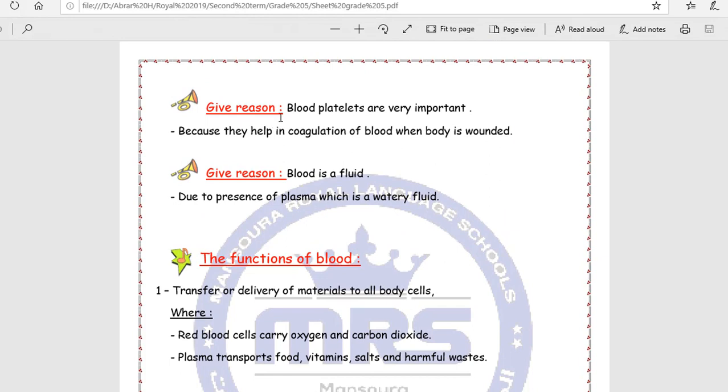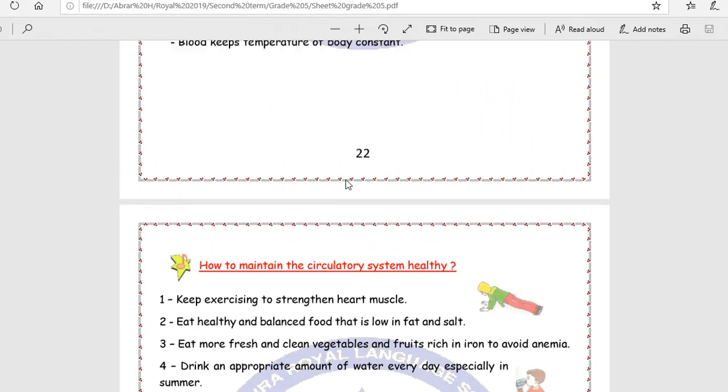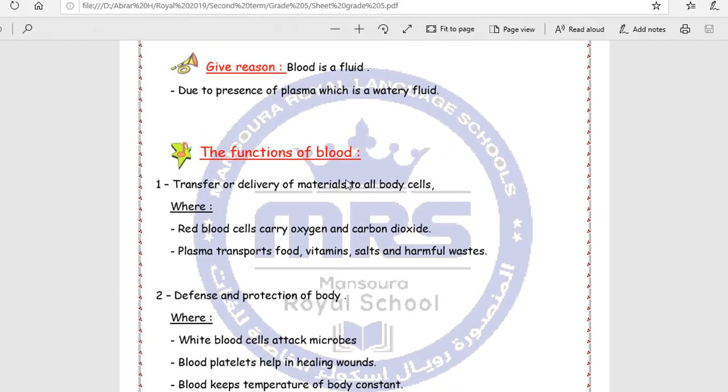If I told you, give reason, the blood platelets are very important because they help in coagulation of blood when the body is wounded. Give reason, the blood is a fluid, liquid. Why? Due to the presence of plasma, which is a watery fluid. So, from the previous explanation for the human circulatory system, now we can agree that the human circulatory system is